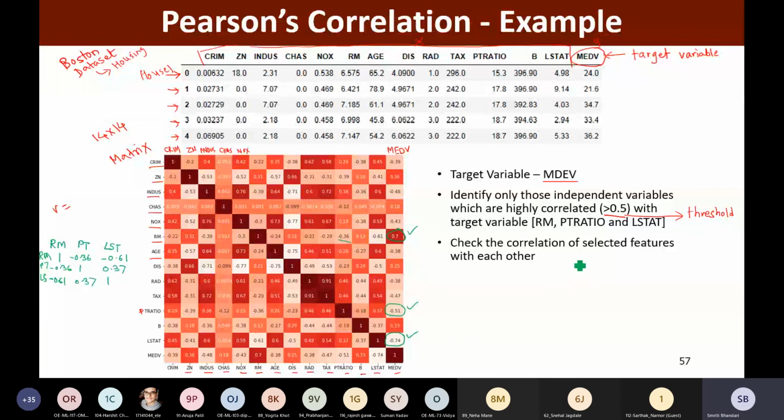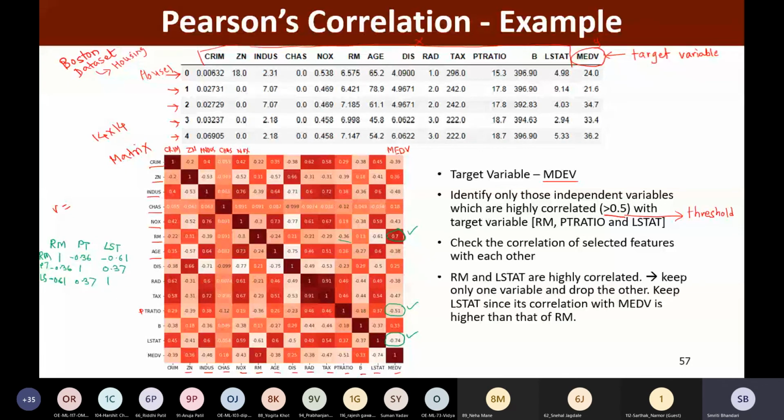Right? So what next we are going to do is, we have found out 3 features that are contributing in the prediction a lot, highly correlated. But now once we have obtained these features, next thing that we are going to do is check the correlation of these selected features with each other. So these 3 features are selected, so we are trying to find out the correlation between each other.